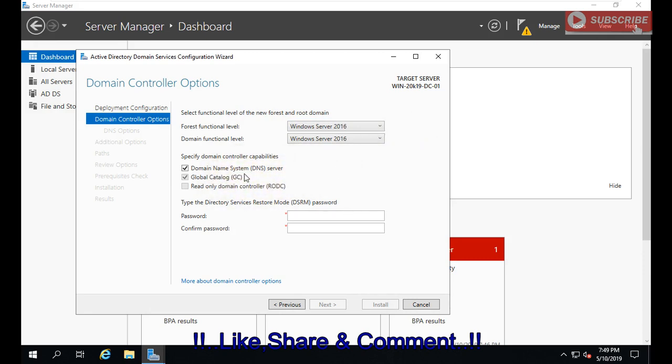Okay, and it is now asking whether you want to install DNS or not. DNS is required, so I'm going to install DNS here only, and global catalog. Okay, and it is mentioning one more option, read-only domain controller. I will tell you in detail what a read-only domain controller is in my next video. So you just need to give a password here, which is your directory services restore mode password. So give one password, and